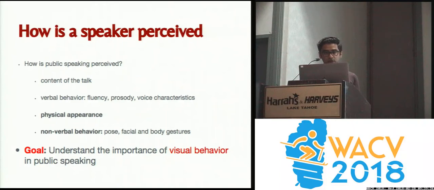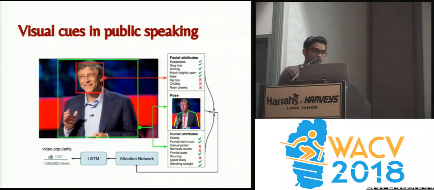likability of the talk. So basically what we want to look at is, if I give you these visual cues, facial attributes, for example, if the person is wearing eyeglasses, is he or she smiling, and then pose, the kind of gestures the person is making while making that speech, and then eventually attributes, what is the approximate age of the person, what kind of clothes the person is wearing. These kinds of visual features, how much can they affect the likability of a talk, of a visual performance?